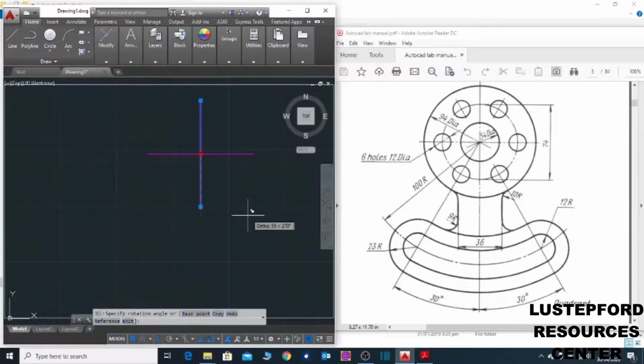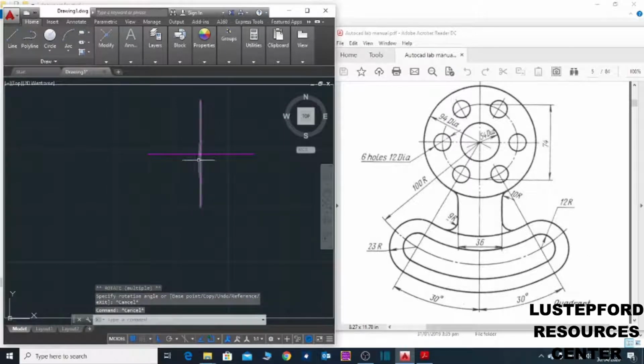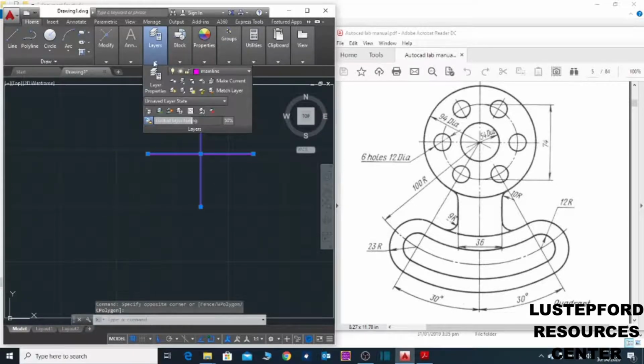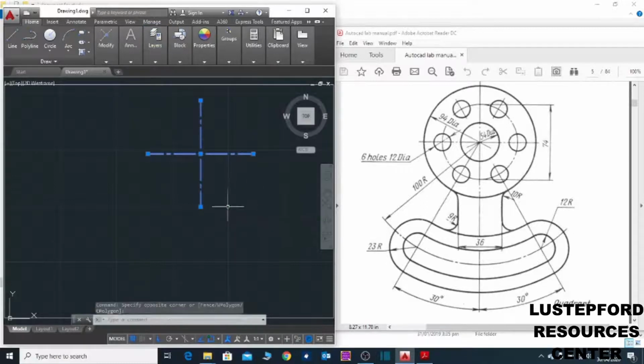I will say 90 degree. I will escape. So I've created vertical and horizontal lines. I'll select this vertical and horizontal line, go to layer, make it center line, escape.